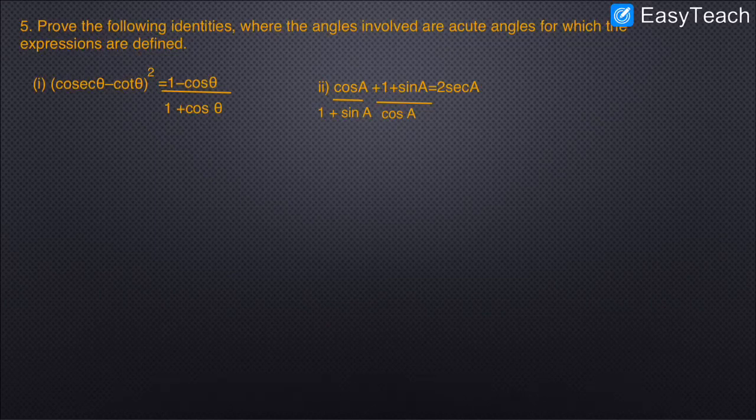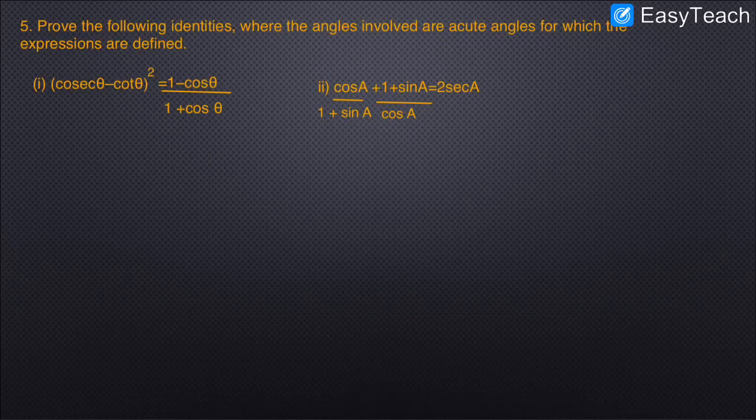Here we have one identity, sin square theta plus cos square theta equals 1. But here we have minus, so we cannot use this identity now. Maybe later. Here I am going to take the LCM again. What is the LCM? Cos theta into sin theta. Let's multiply by sin theta here, and by cos theta here. So it will become sin cube theta minus cos cube theta.